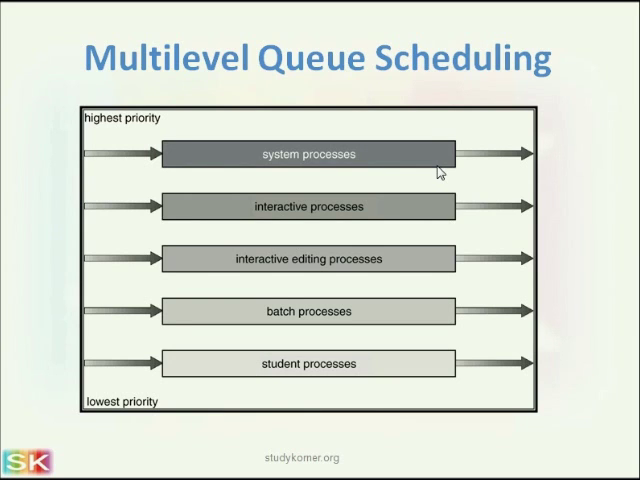But again, the point to note here is that a process will not be allowed to change its queue during its execution. The process will remain in the same queue in which it was submitted until its termination, right? So again, there may be an issue of starvation in this case, that the lowest priority queue will never get executed, right? So to solve this problem,